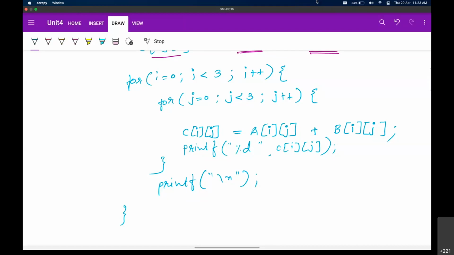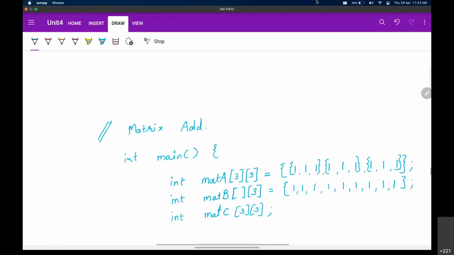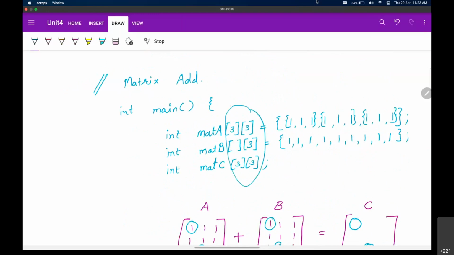So before this operation, you have to go and write some if else statements here. But as long as you are writing your program, you have already defined the sizes here. ठीक है? जब आपने array declare किए तभी आपने size fix कर ली है. So you are sure that आपके matrix 3 cross 3 ही है, so without checking you can perform it. But अगर आप user से पूछते हो कि what is your matrix size, तो user जो भी size देता है उसको हमें एक variable में store करेंगे, and then we are going to compare those variables whether performing any matrix operation is possible or not at that place.